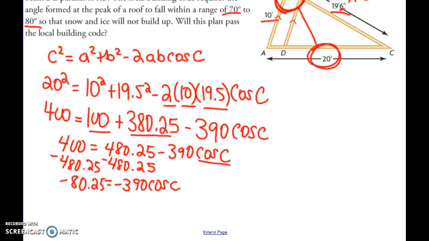So we want cos C by itself, we'll divide by negative 390, divide by negative 390, and we'll get cos C. So we will go negative 80.25 divided by negative 390, and then go shift cos to get the angle of 78.125 degrees. So this means that this angle right here is 78